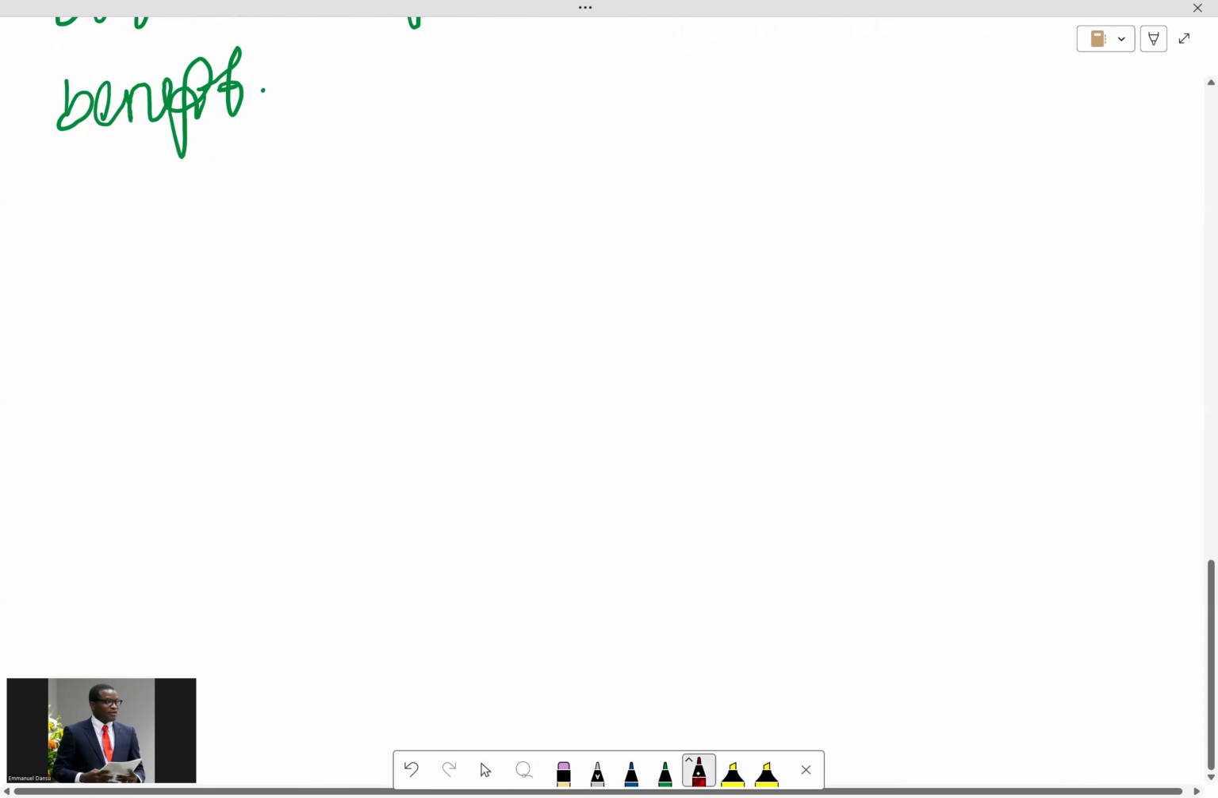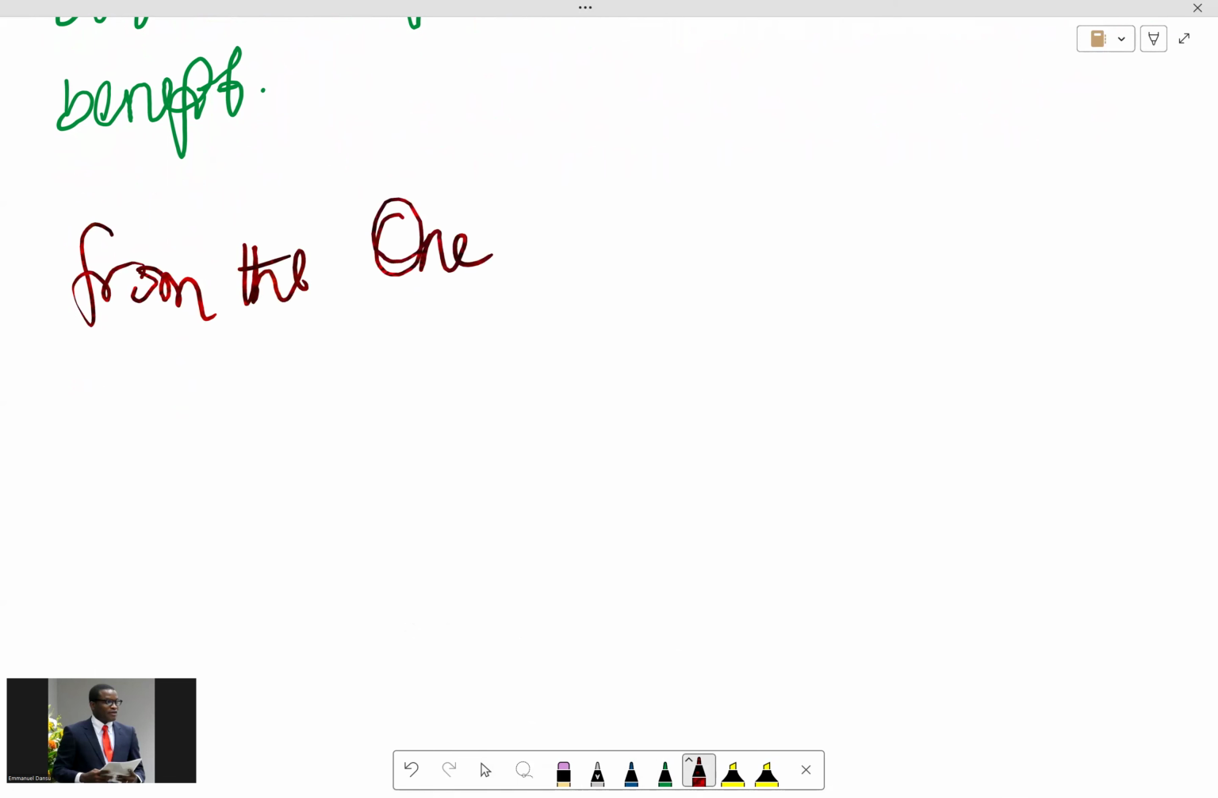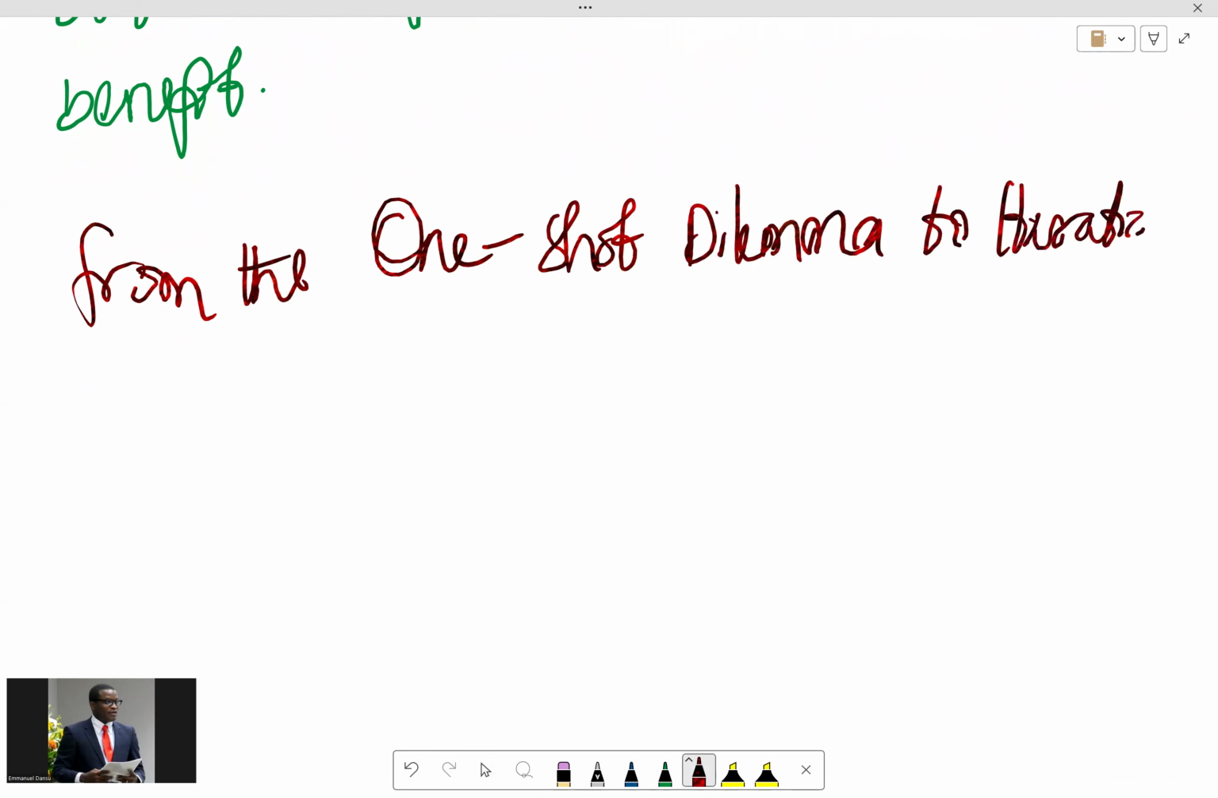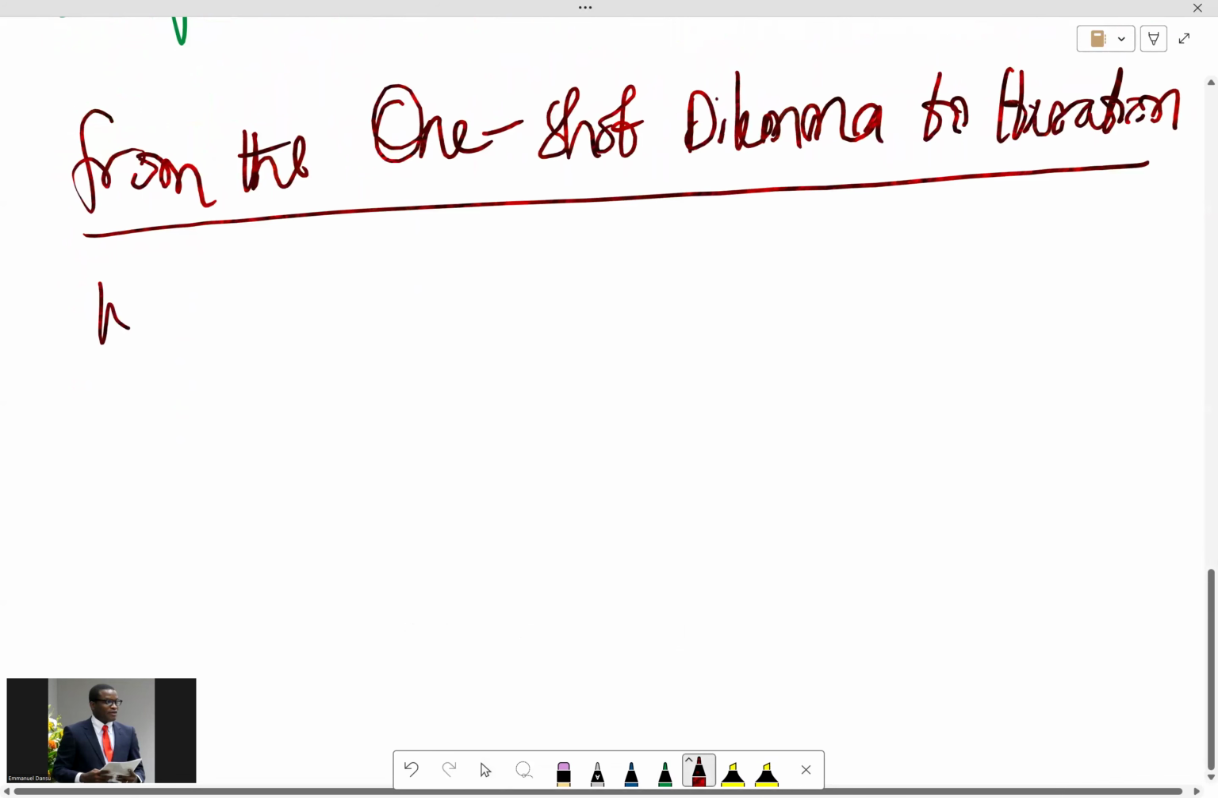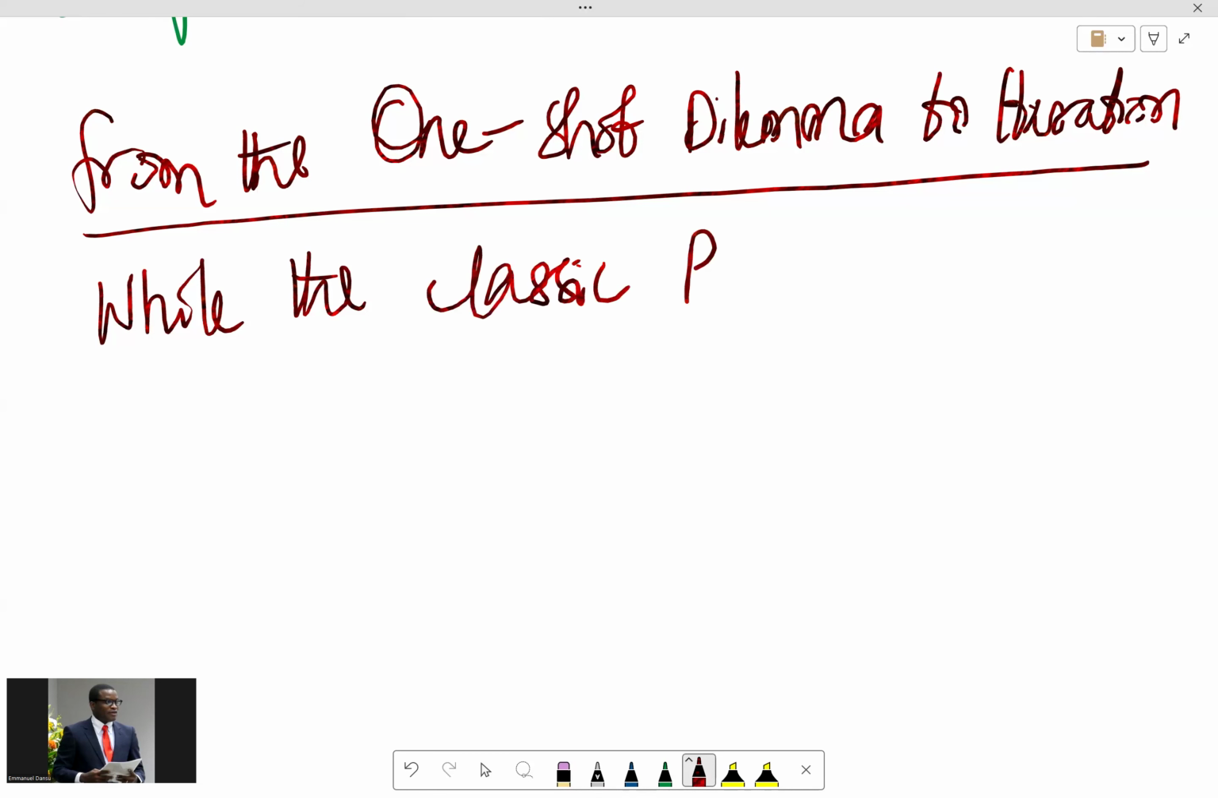Now, can we look at it in an iterative manner? Imagine from the one-shot dilemma, where one person just takes one action and that's the end. So from one-shot dilemma to iteration. So we are considering some kind of iterative prisoner's dilemma. That means, it's a game that continues. It doesn't just stop. It can go on and on. So while the classic prisoner's dilemma is played once,